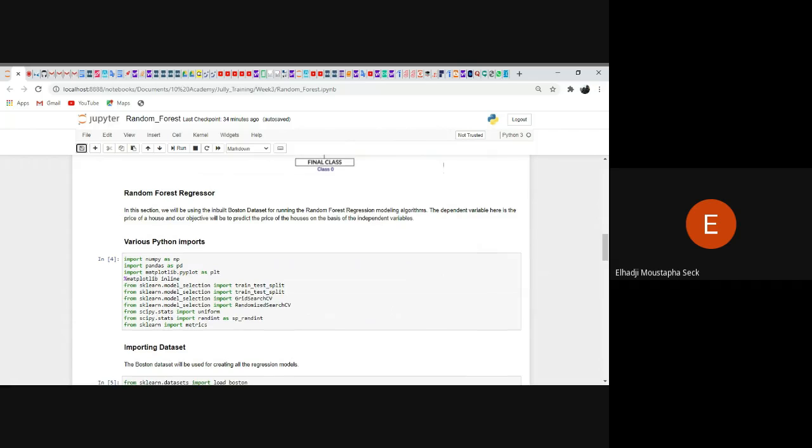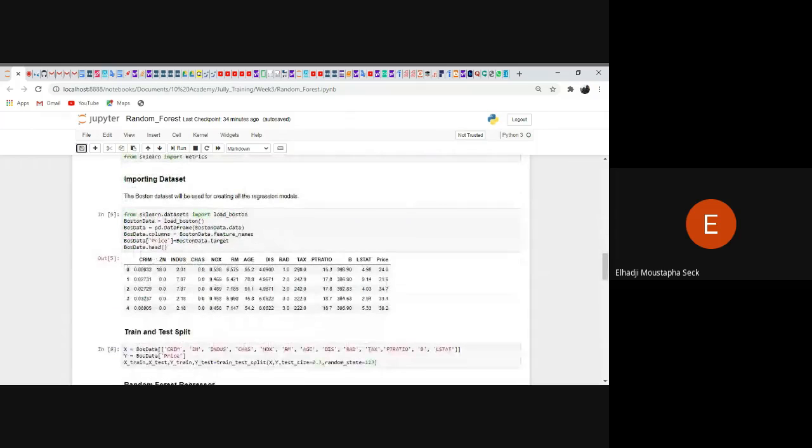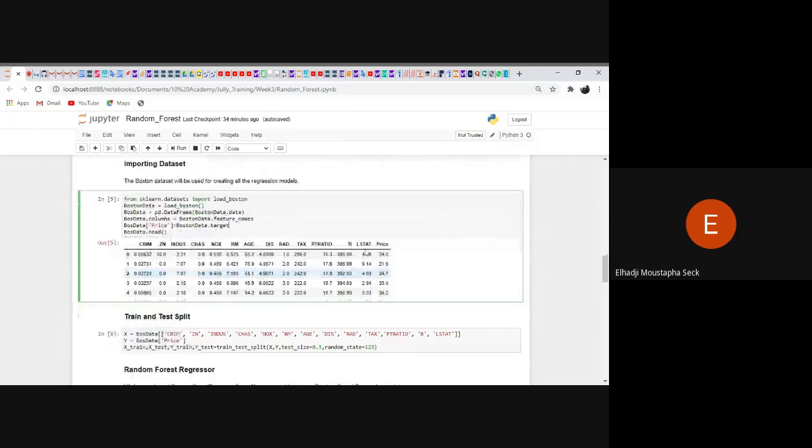Here I have imported a couple of libraries that I will need. I have loaded the data. You can get this data from Kaggle or in this way. This is the data, actually. This is the price. You see, it's not a binary problem. So I'm trying to make a regression, to predict the price of this data set based on some